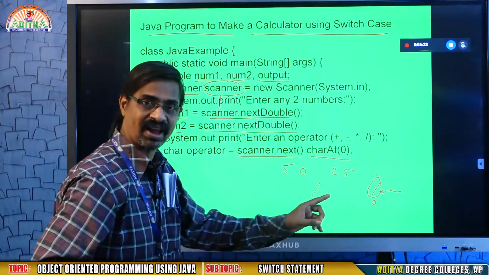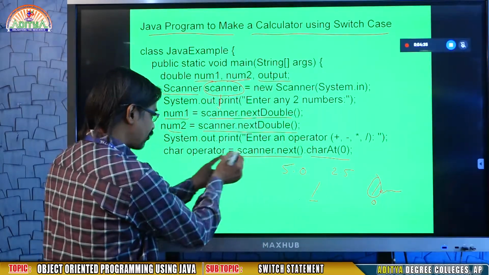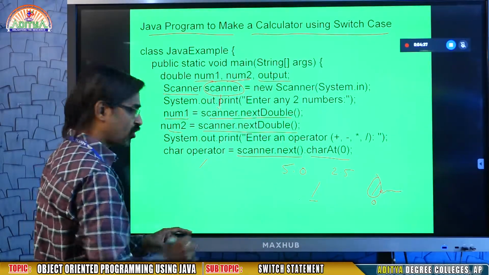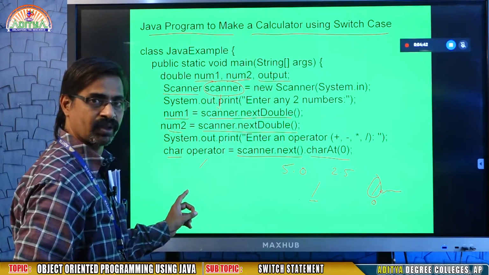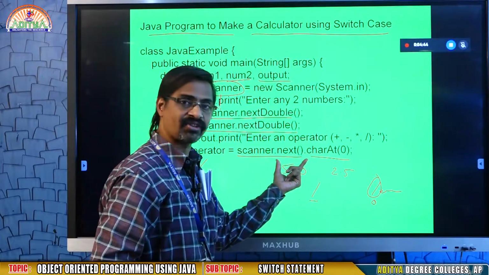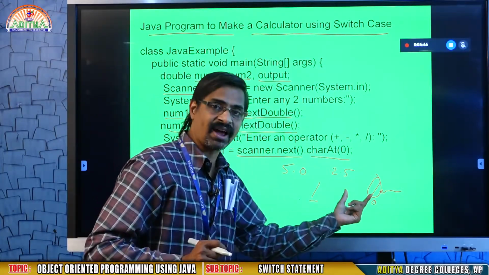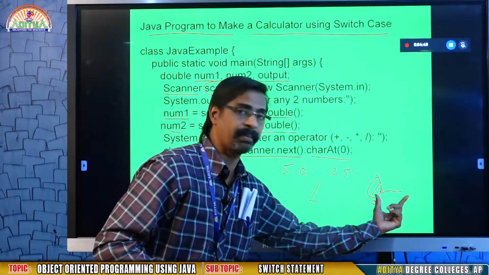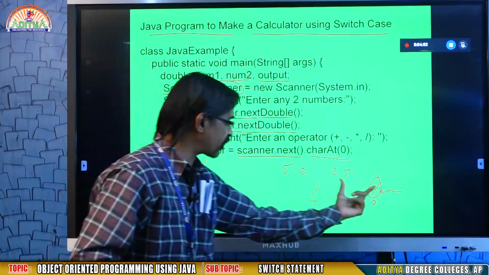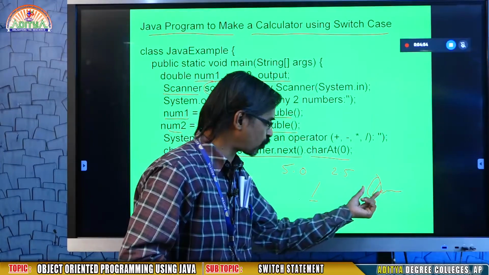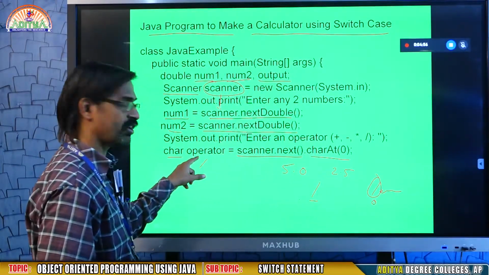It will cut that slash and copy it into operator. So I defined operator as char, because it is a single character. From the complete string, it takes the 0th position, the slash, and assigns it to operator.